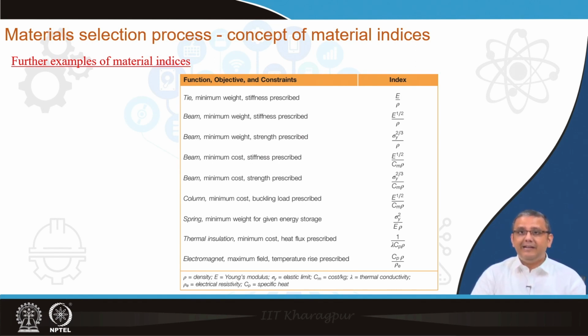And then if the material index is either maximized or minimized, the intended function of the component will also be maximized or minimized as intended. So, in this class already we have seen two such material indices. Today we have discussed E to the power 1/2 over rho, and in one of the previous lectures we discussed the spring with minimum weight for given energy storage, and that was sigma_y squared, that is the yield strength, over E multiplied by rho, and we also discussed minimizing the cost of